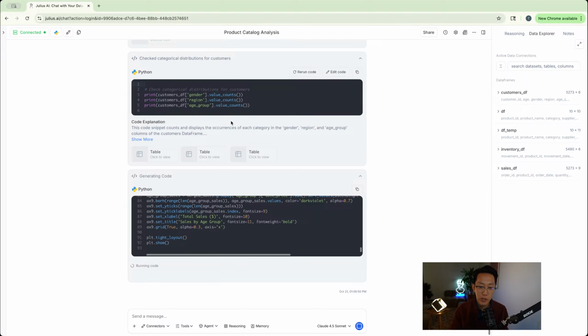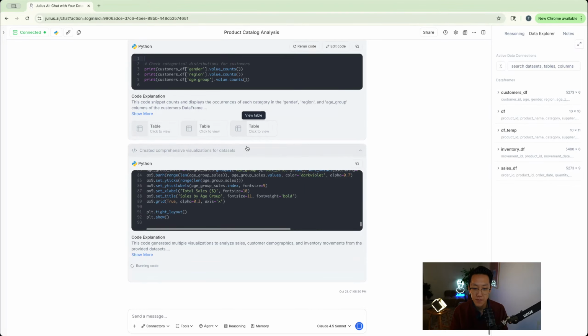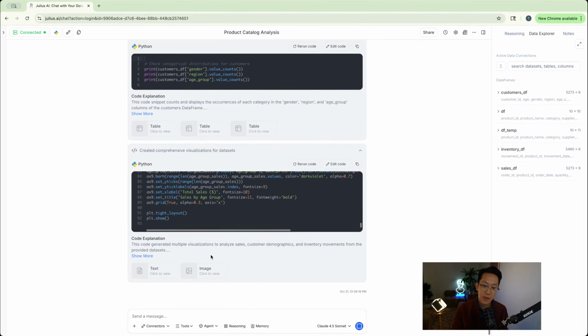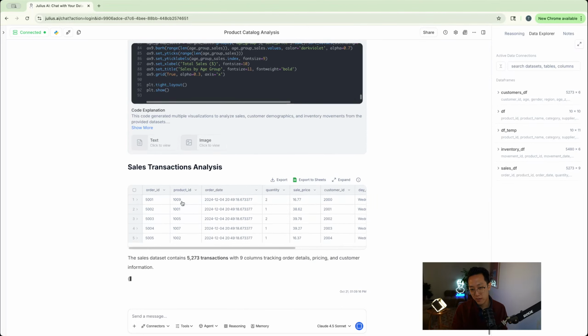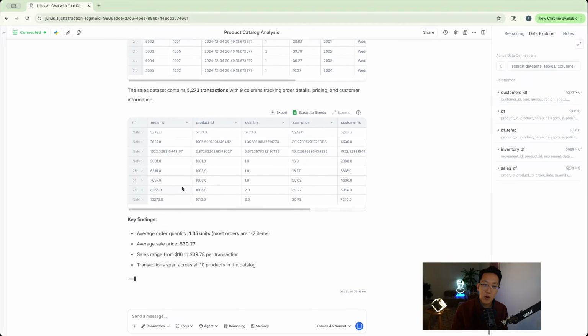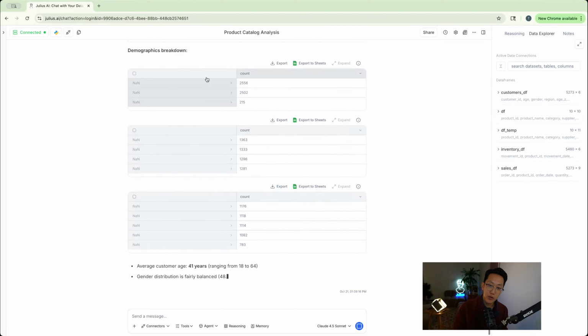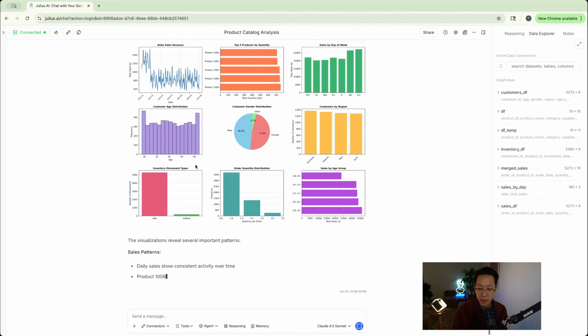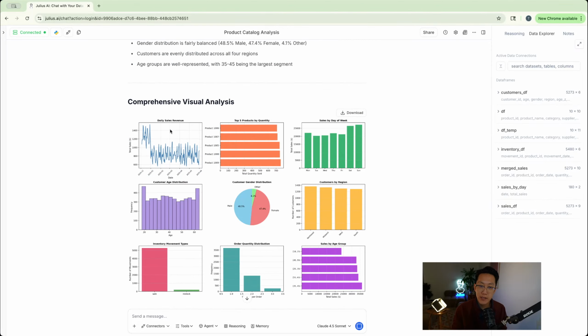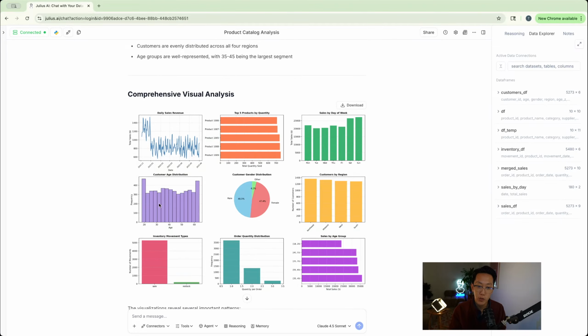All right, so we have Julius working through it here, running the code, and then it looks like it's just about to print the outputs here. All right, so we have all those 3 new data sets added. You can see Julius printing out what they look like. And then here we see some visualizations giving us another overview of how these all relate to one another. So we see customer age distribution, customer gender distribution, customers by region, for example, and even things like inventory movements